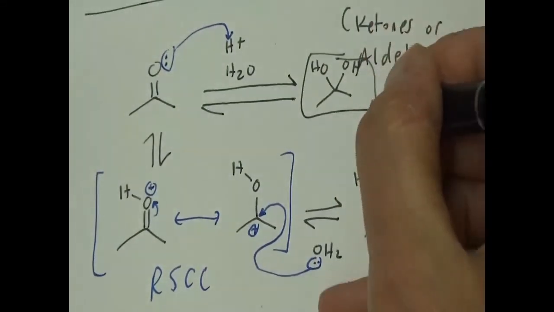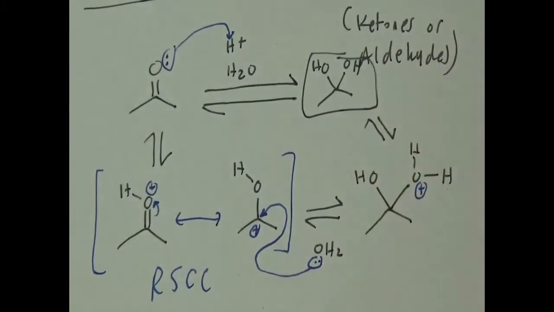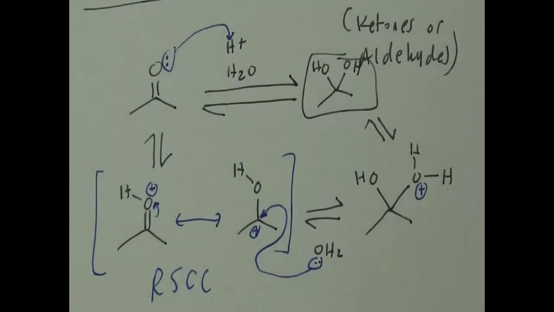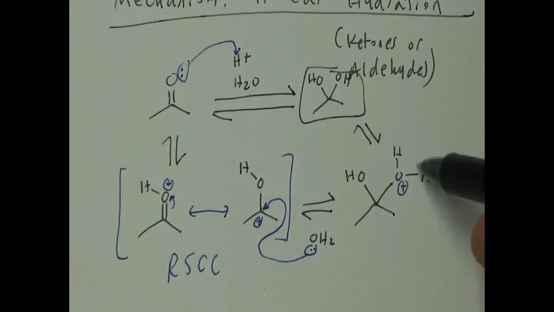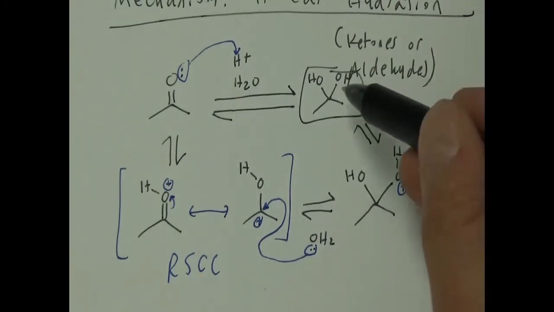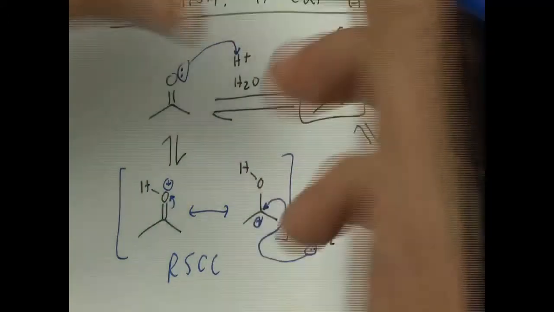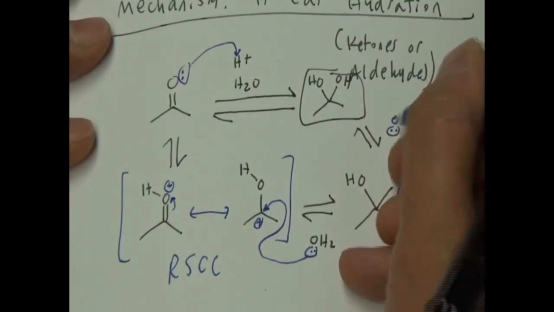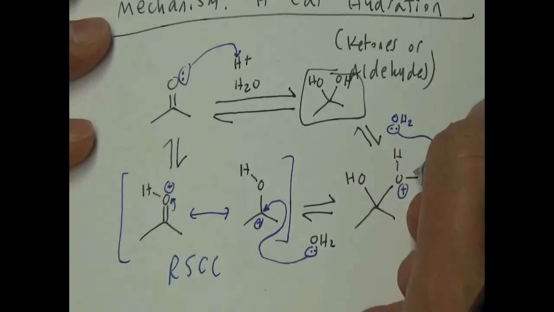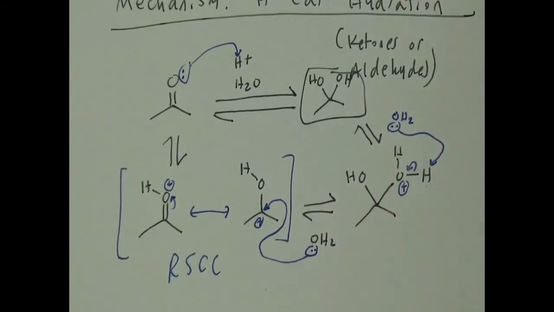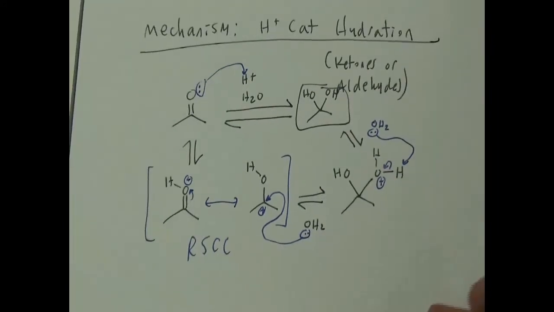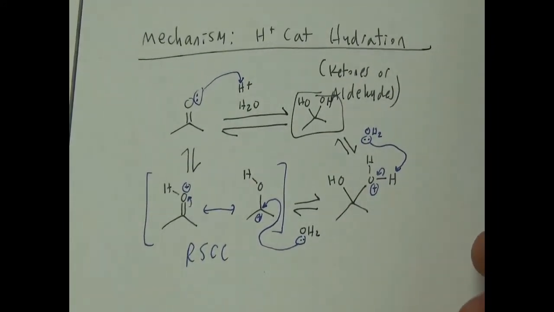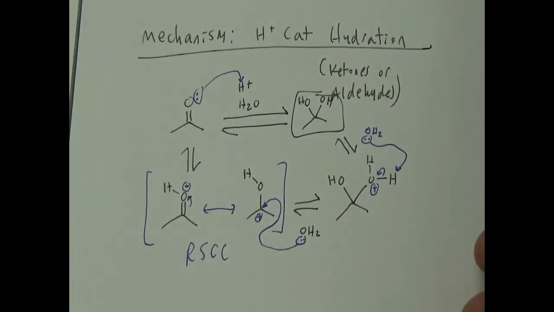And any guesses what the last step is? These are all equilibrium, right? We have oxygen with 2 protons, so maybe somebody takes off that proton. So maybe more water, right? You got water around. Okay, that was pretty doable. I hope you agree. Acid catalyzed hydration is pretty straightforward.